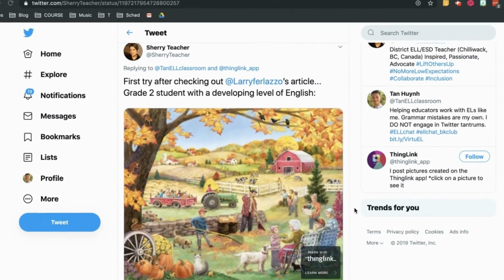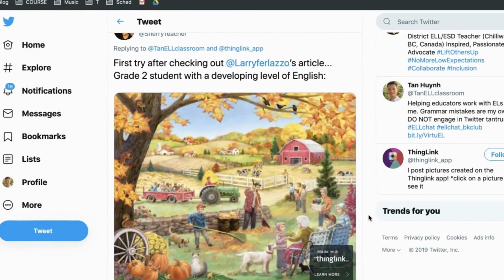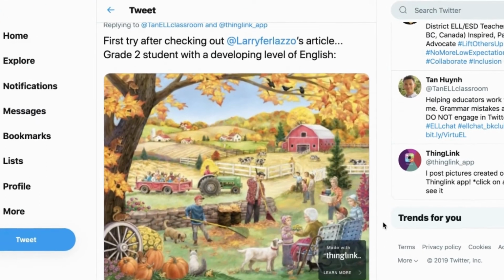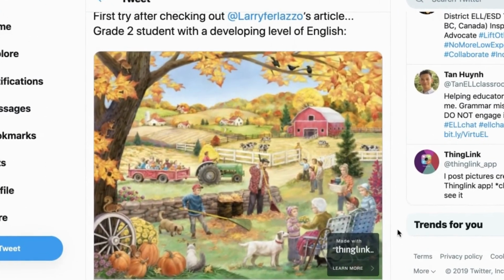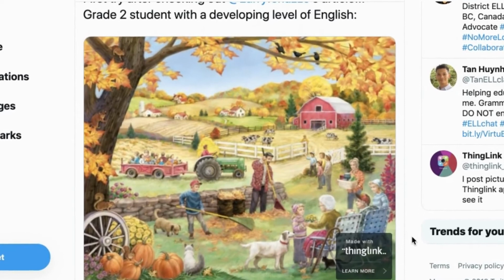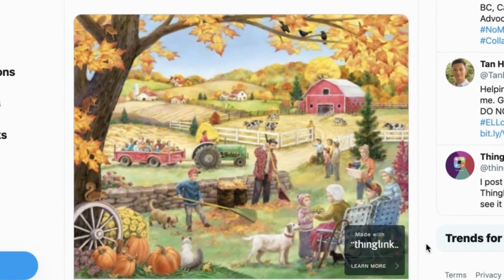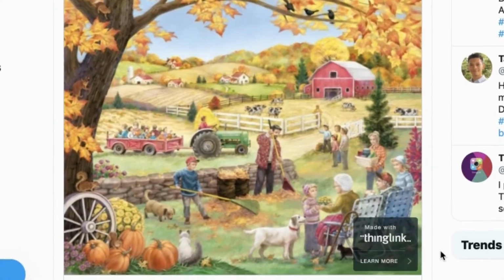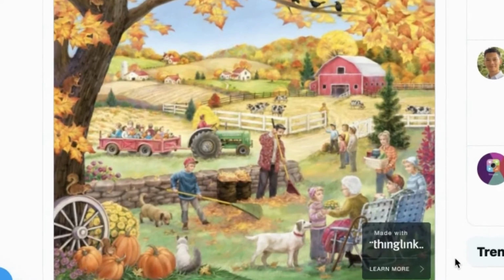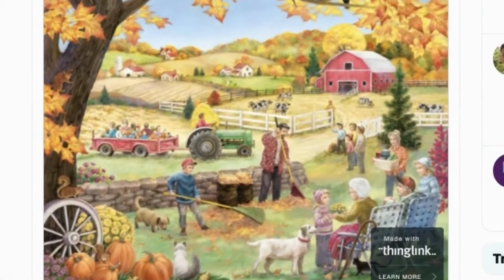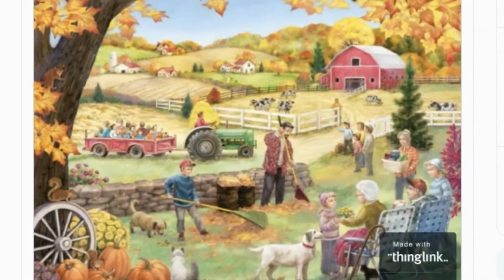If Book Creator is too intense, you can always use something called ThingLink. This is a tool that Sherry from the first course of Scaffolding Learning shared with us. You can use a picture and then insert your recording of your voice saying the words, or you could have a picture and have students insert their reading of those words.